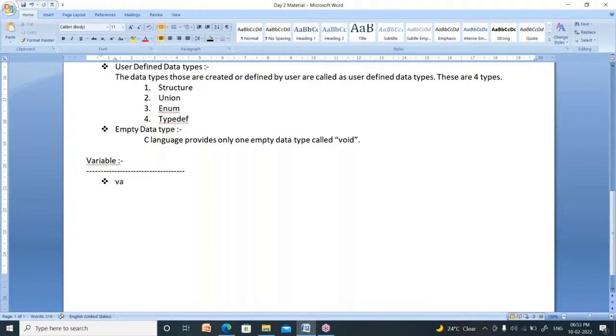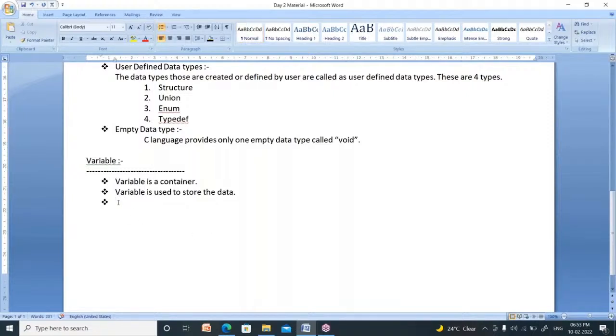So what is a variable? First of all, you have to say a variable is a container. First, your answer to what a variable means is: a variable is a container. What is the use of a container? A variable is used to store the data. So what does variable mean? You have to say these two points: a variable is a container which is used to store the data.